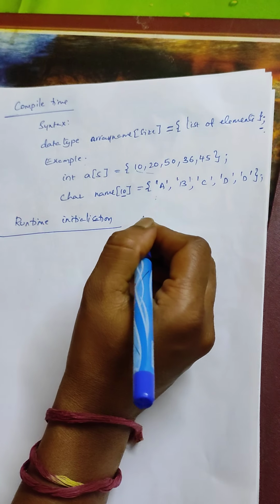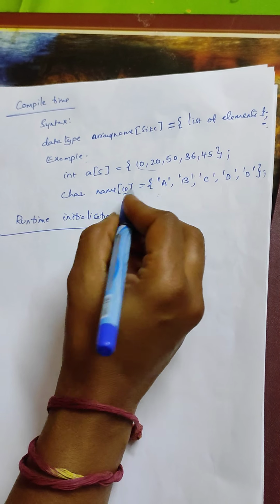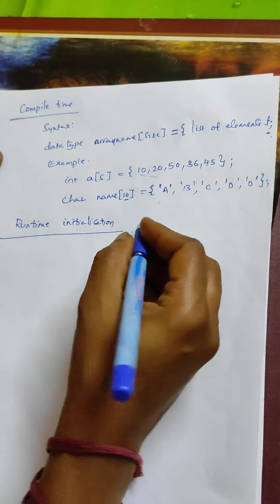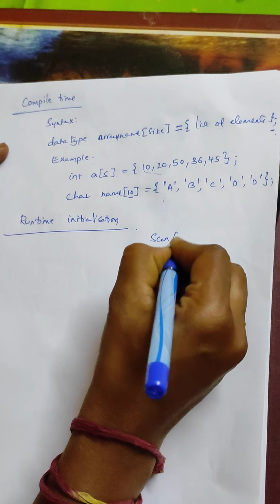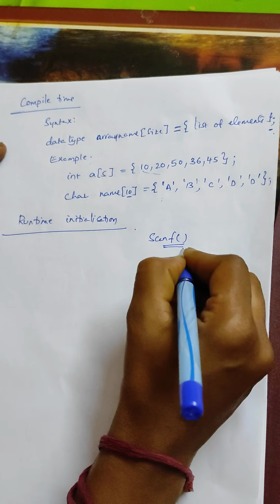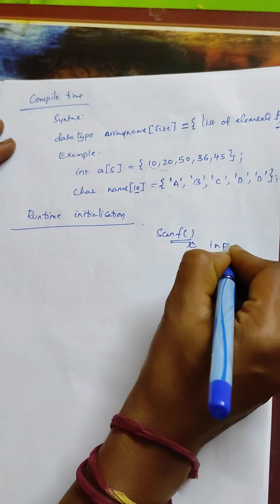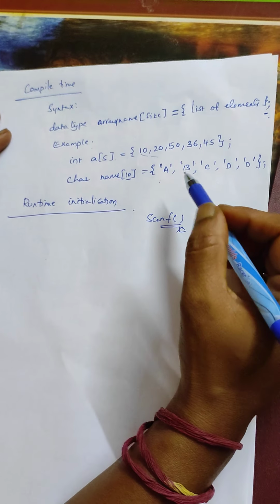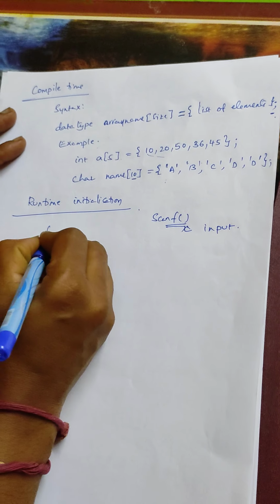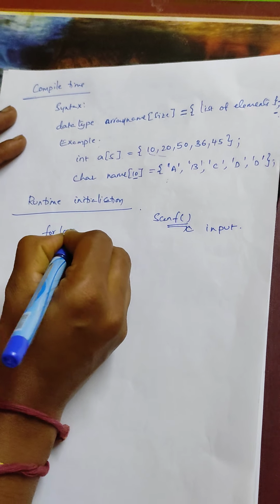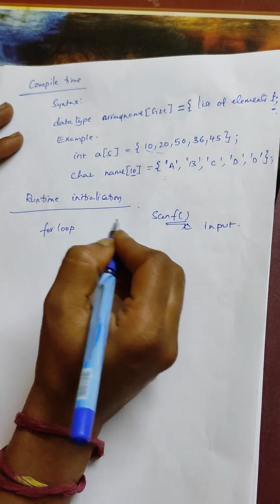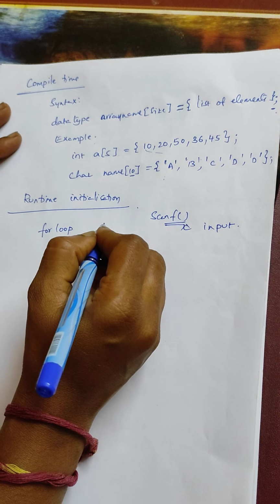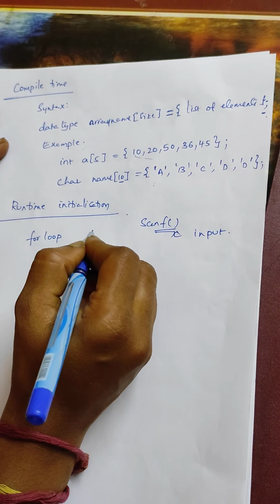You can initialize the values for your array at the time of executing your program. For that you can use the scanf statement. Because you need to read the data from input, and you want to repeatedly take information from the keyboard, you can use loops. You can use any loop like for, while or do while, but most commonly for loops are used for reading information from the keyboard.